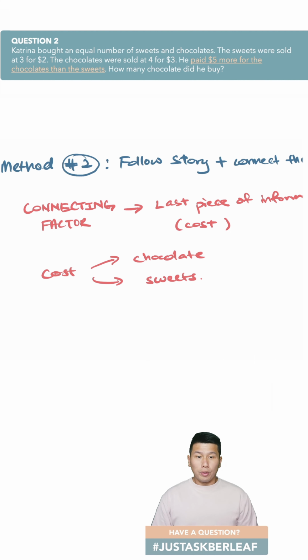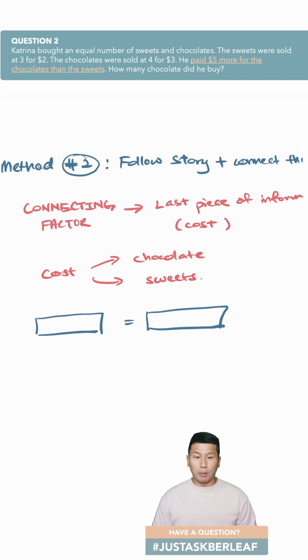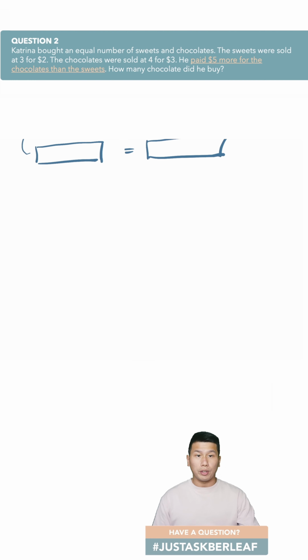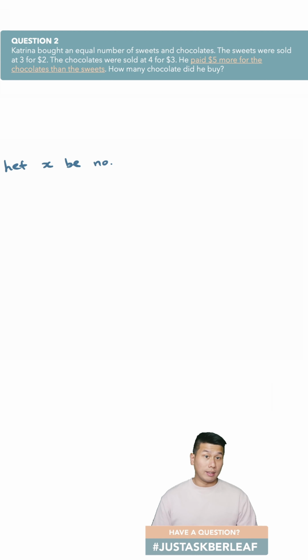So remember that we are trying to form an equation, so it can be any of these, right? Alright, I will choose to go with cost of sweets. So we have an equation where the left equals to the right. Now we will want it to be the cost of the sweets. So as suggested by the name of this method, we will follow through the question and find the components we require. Of course, we start off with denoting the unknown, which is the thing that we're trying to find. Number of chocolate, right?